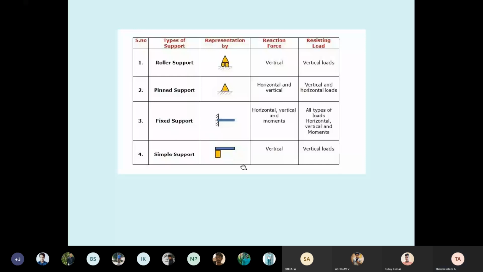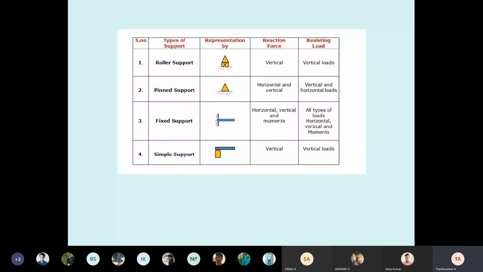Simple support: just like holding a food packet or cement packet on our head. We are just lifting the cement packet on the head, so it is simple support. These are generally the four supports we use. In day-to-day life, any support you see comes under one of these. It may be a roller support, a pinned support, a fixed support, or a simple support. After seeing any real object, just resting on the table or on the floor is called simple support. But if a roller is fixed, it's a roller support.